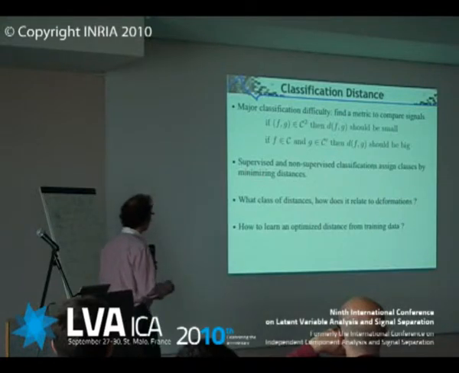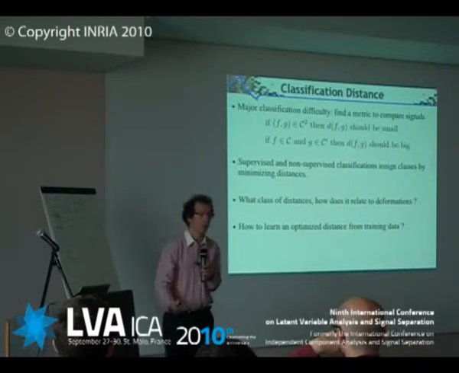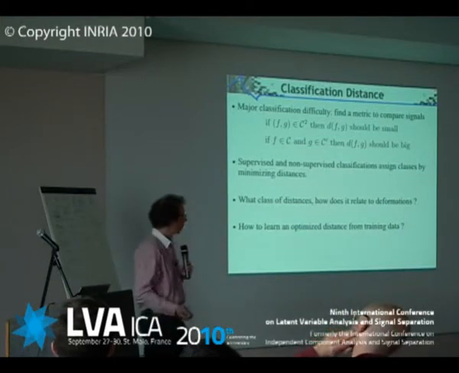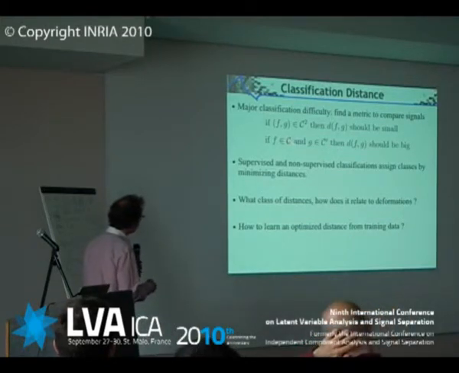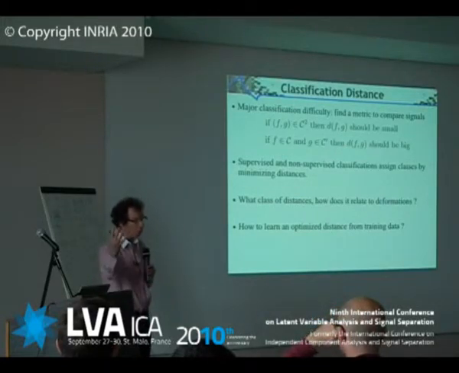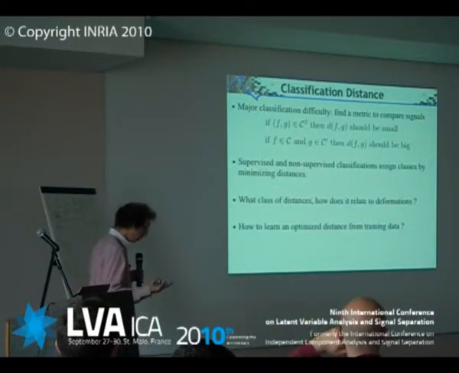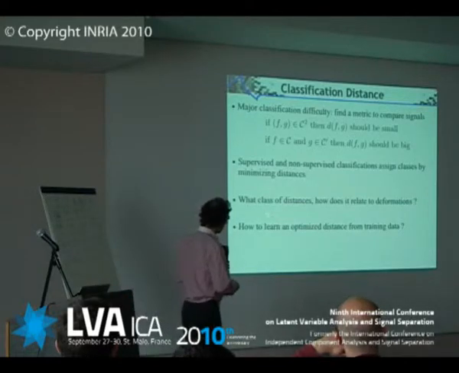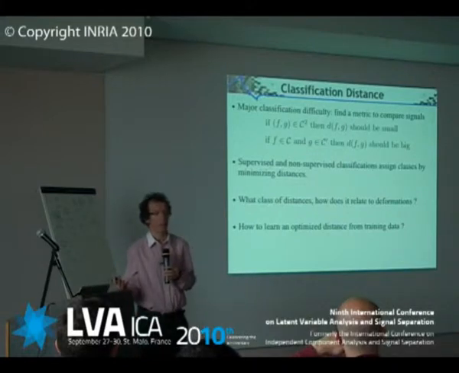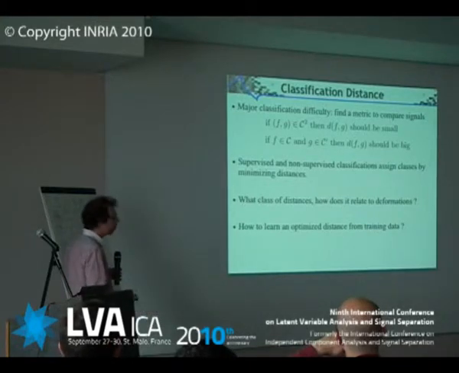Now, if someone gives you this distance, then the problem of classification is relatively simple. Whether it is supervised or unsupervised classification, basically you are going to develop some kind of optimization based on this distance to find out whether a signal belongs to a certain class or doesn't belong to a certain class. But really the learning will all be about trying to understand what's the nature of this distance for the particular classification problem that you have. And therefore, the issue is how to learn the distance, basically what kind of class of distance you will be looking at. You need to identify a distance. Are you going to look at any class of distance or some particular class? And an issue is, how does it relate to deformations?